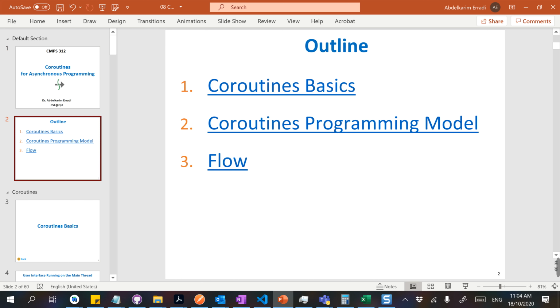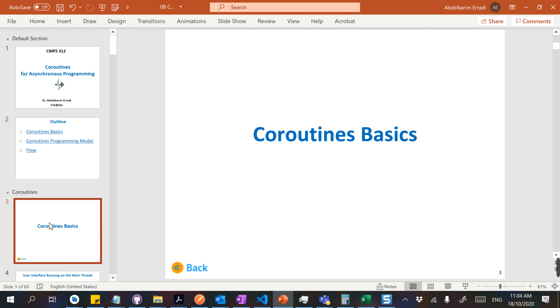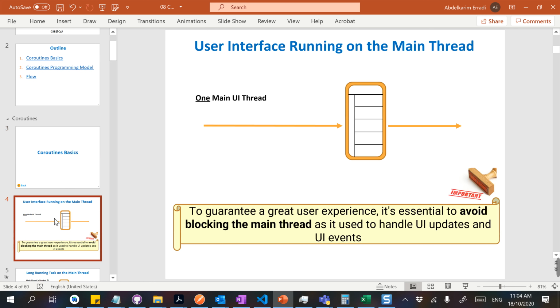I will introduce the basics and then show you how the coroutines programming model works. I will also show you some extensions of coroutines called flow. So let's start with the basics. I already explained this, where